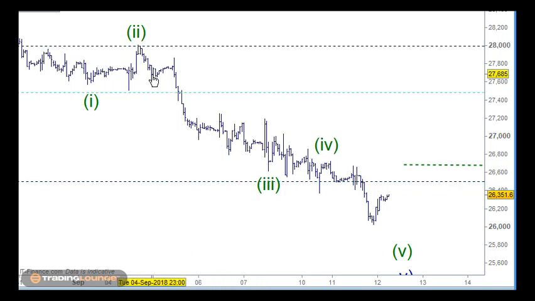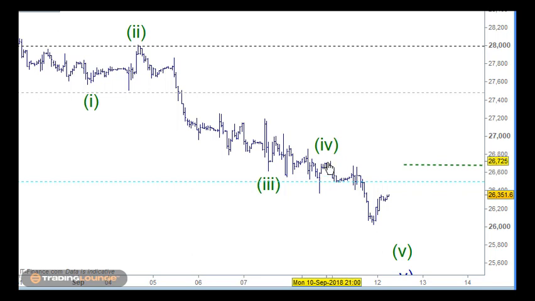So then when I take this 1 and 2 and 3 here, then I've got an A and a B and a C for 4 and down for 5. So that gives me the third wave. So then I'm looking at all of this here being the fourth wave across to this point here, as a bit of a triangle pattern actually.